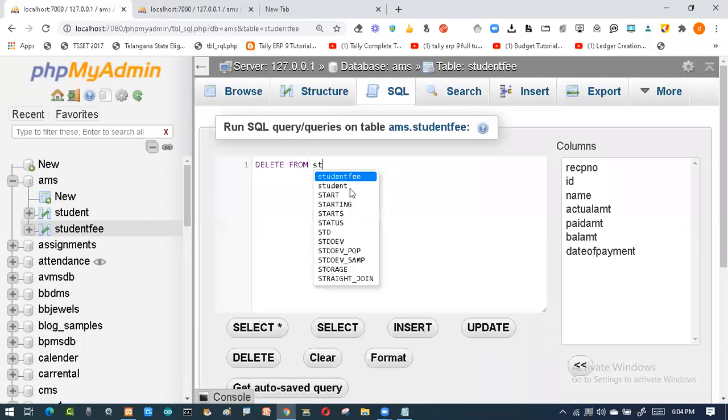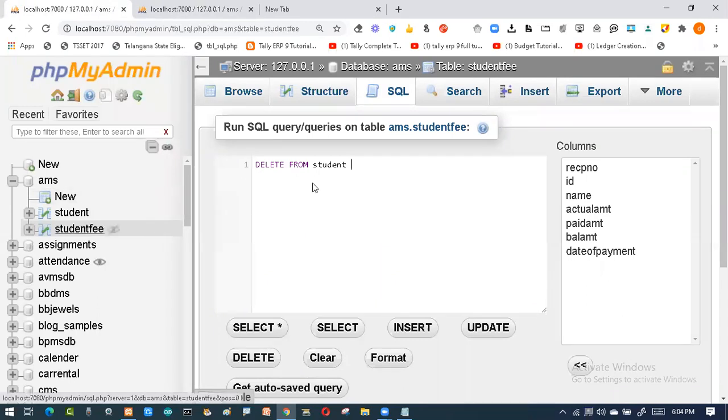Okay. We don't have the ID number 1. That's right. So it is from student table. We have gone for the student fee. Sorry for that. So we want to go with the student. So it will be no problem. If it matches, it will delete. If it doesn't match, it will not delete. So that was the case you can find in the previous example. Now we'll see where ID equal to 6. I say now it should work.